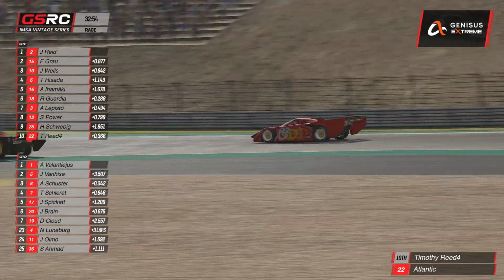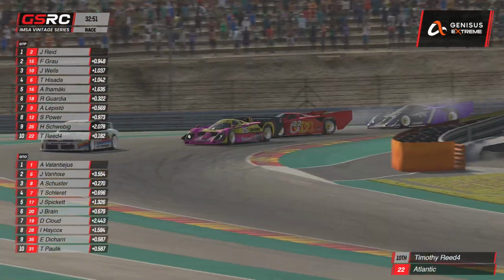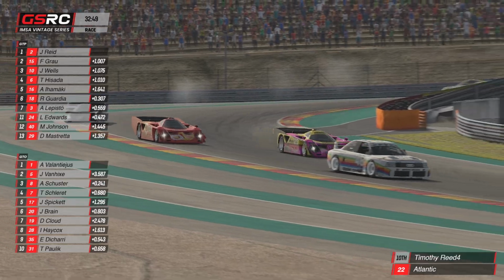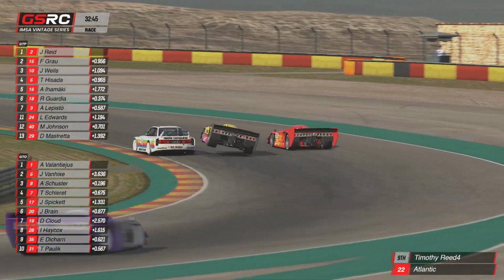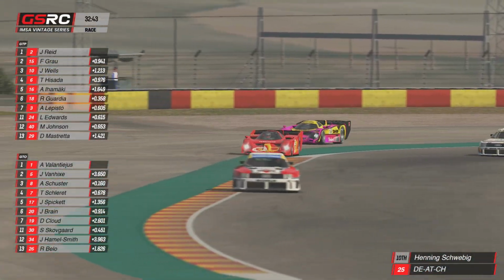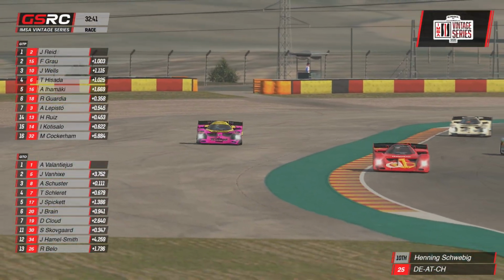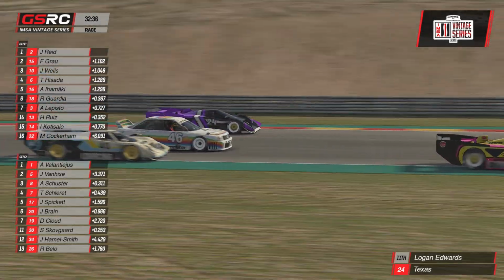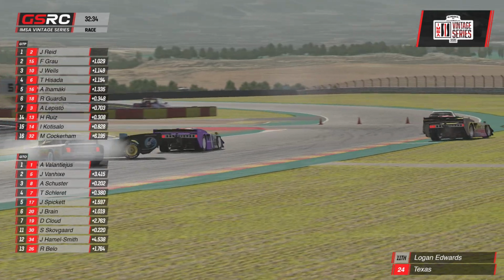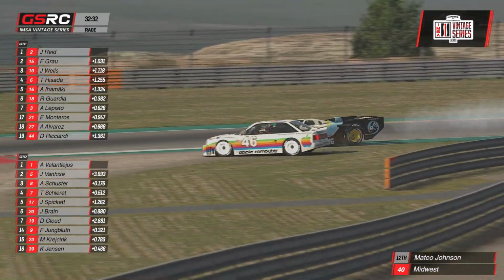He finds himself in a position where he wants to battle, and they're starting to hit traffic, and a big stop at the Sakakorkos corner as Henning Schwebig now looks to go through, and there's the contact. Schwebig takes a huge chunk out of the back of Luis Carlos Perez, who does not know where to go. Didn't know where to go, and I don't even think Henning knew where he wanted to go. And oh my word,